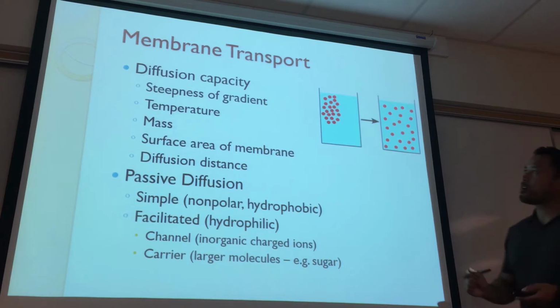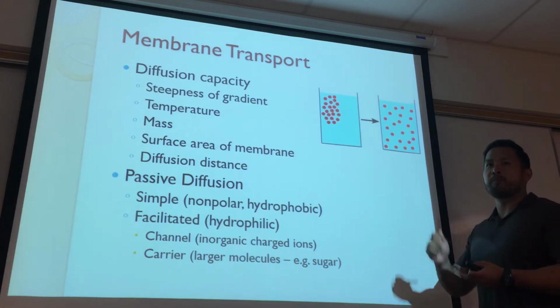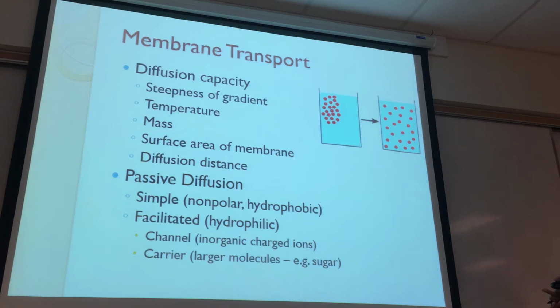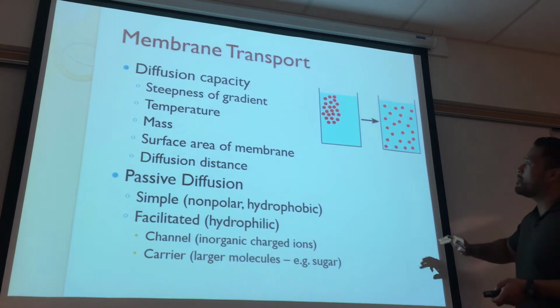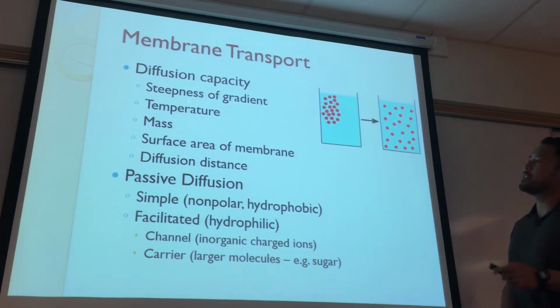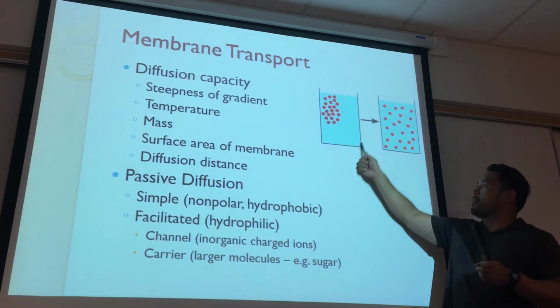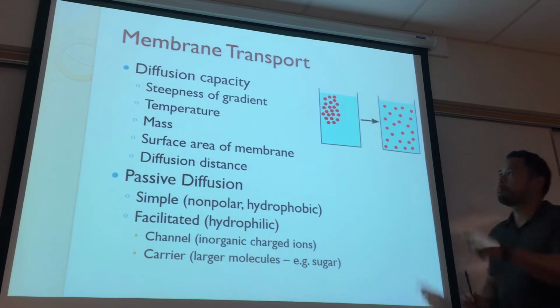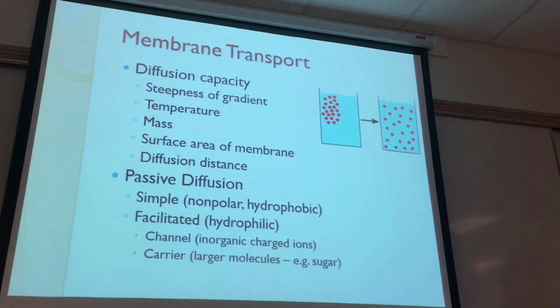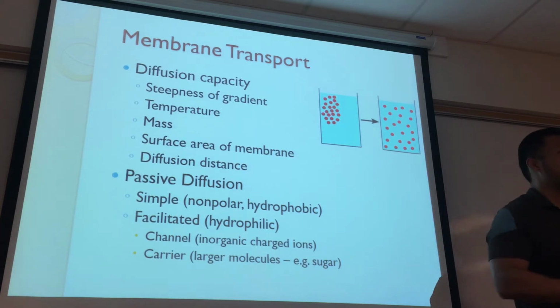So when we talk about the movement, whether it's the movement of heat or the movement of molecules in an aqueous environment, we have to talk about the diffusion capacity. At what rate do these molecules disperse in an aqueous environment? So let's take a look at the contributing factors to those rates. So using that example again,